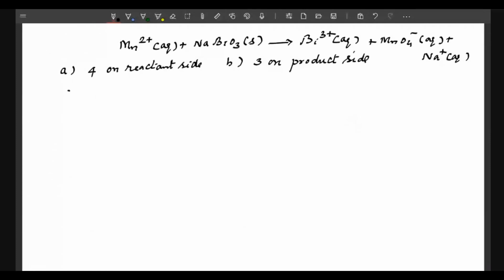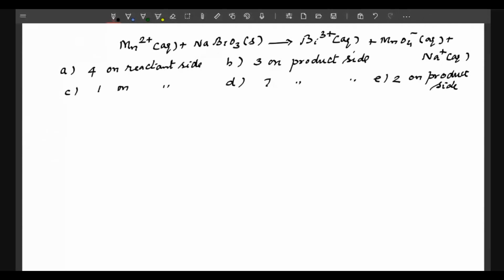C, 1 on reactant side. D, 7 on product side. E, 2 on product side. Then how to balance these equations, a redox reaction, for which we have one technique